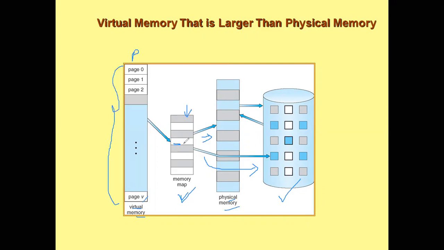Okay, so some pages will be in the physical memory or the main memory, and some pages will be in the secondary memory. And when CPU requires a particular page which is not in the main memory, then it will search the secondary memory. See here we have a page which is in the secondary memory and that is got into the main memory here. Okay, so here the virtual memory appears to be larger than the physical memory. That is, only the required pages will be brought into the physical memory or main memory.